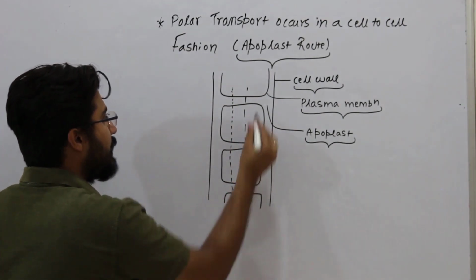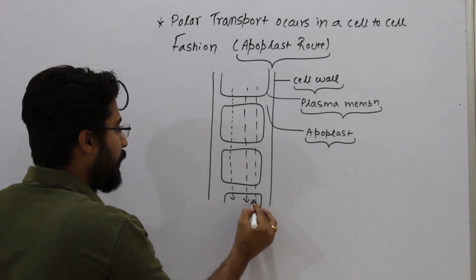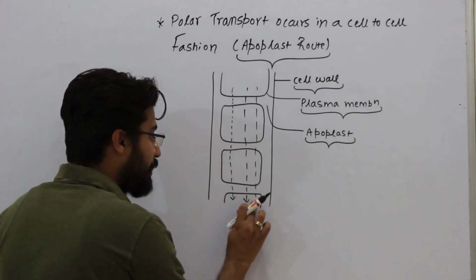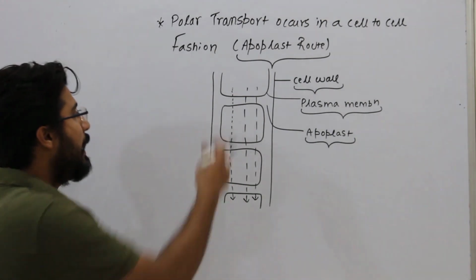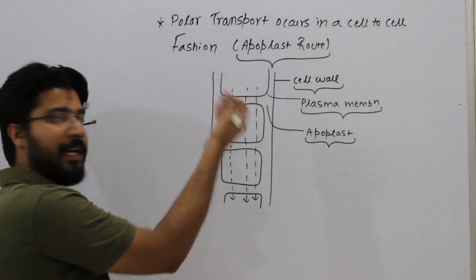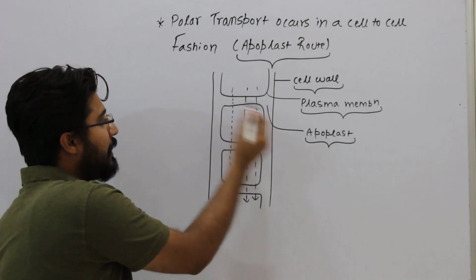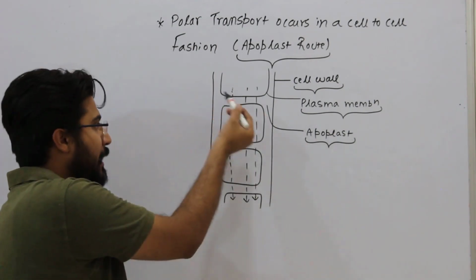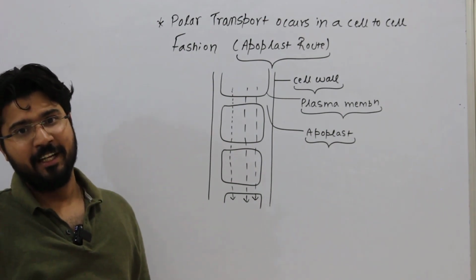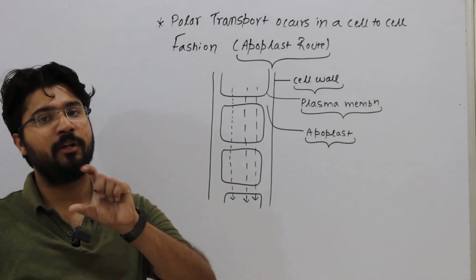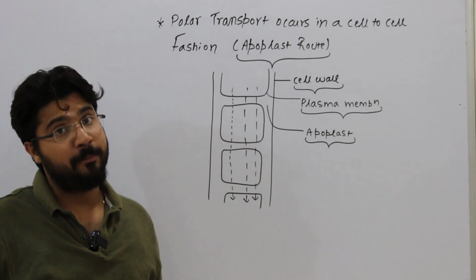We will be understanding the detailed mechanism in the part 2 lecture. This is just a brief introduction. I do not assume that all things should be clear here. But what I am telling you is, when oxygen comes out from one cell, it enters into what space? The apoplast space, and then it traverses the plasma membrane of another cell and enters into the adjacent cell. That means it is moving from one cell to another in an apoplast pathway, or an apoplast route.